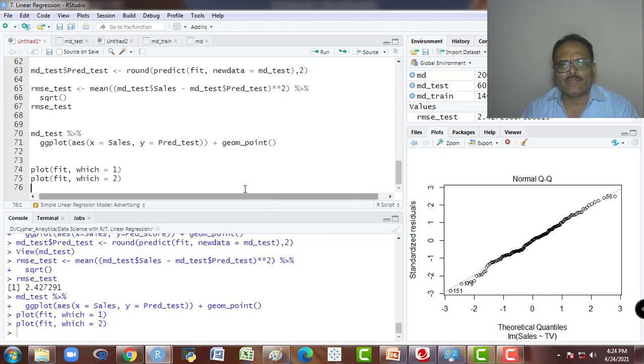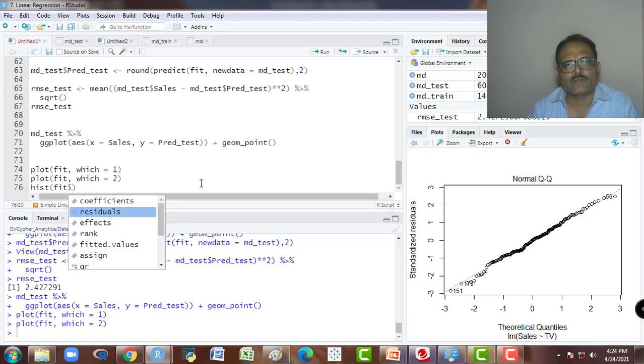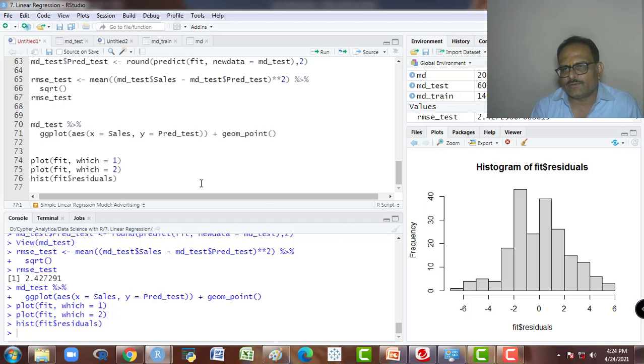So it is normal, or we could also check this through the histogram for normality. So fit dollar, I will see these are the components. Take the residuals. So this generally looks like a normal curve. It is not much skewed anywhere. So we could see normality through this also.